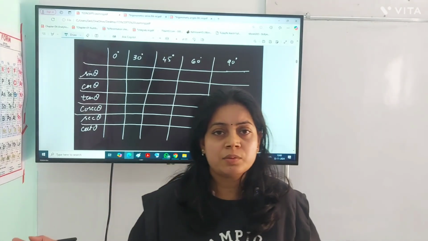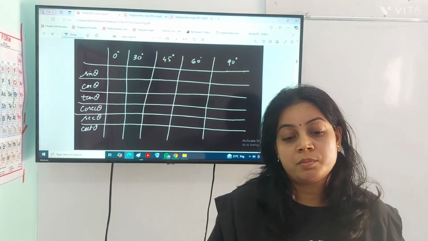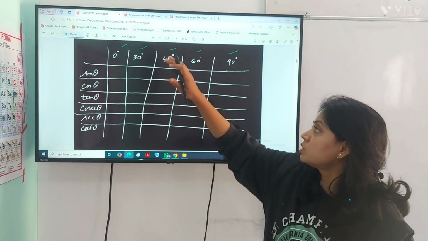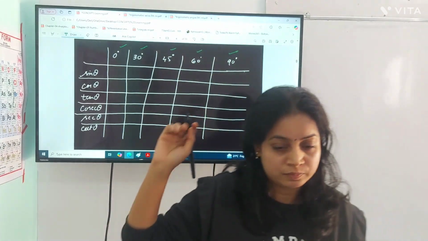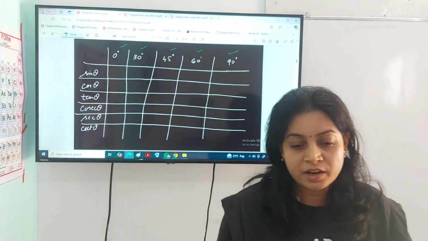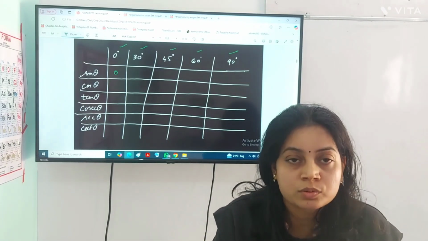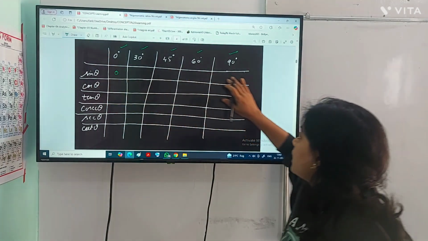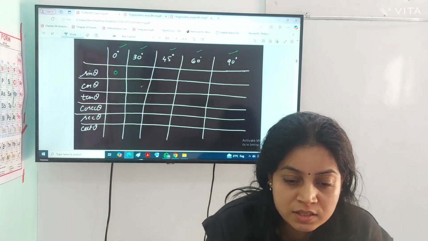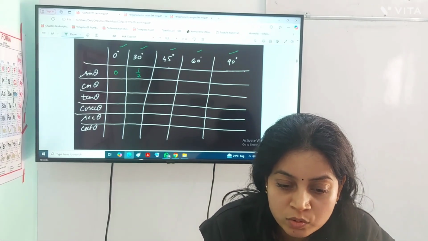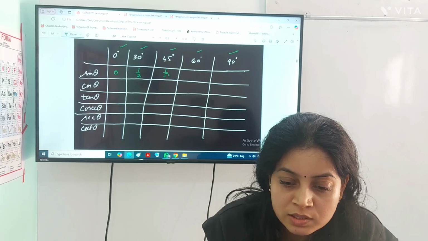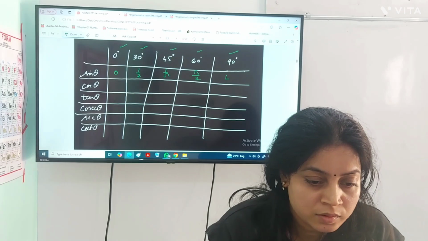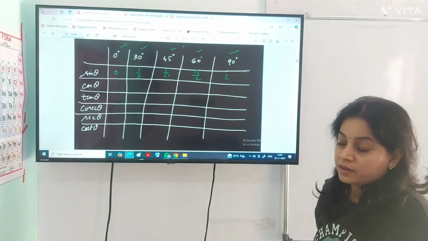So in class 11th and 12th, we will read about thousands of angles because sin theta can be calculated from minus infinity to plus infinity. But in class 9th and 10th, we focus only on some specific angles. They are 0, 30 degree, 45 degree, 60 degree and 90 degree only. So first I will write as I have derived, sin 0 is 0. तो sin की smallest value 0 होगी. 0 से it will start and it will end at 1. Right? So sin 0 is 0, sin 30 is 1 by 2, sin 45 is 1 by root 2, sin 60 is root 3 by 2, and sin 90 is 1.